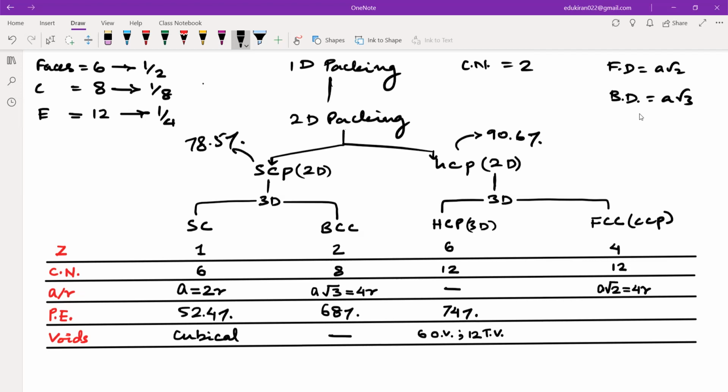Very good. Packing efficiency is? 74%. Very good. And void is how much? We have 4 octahedral voids and we have 8 tetrahedral voids. चलिए छापिए, जल्दी छापिए।